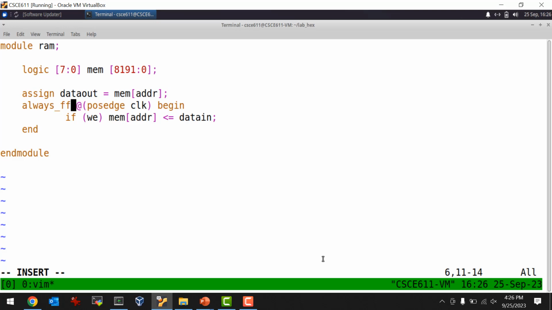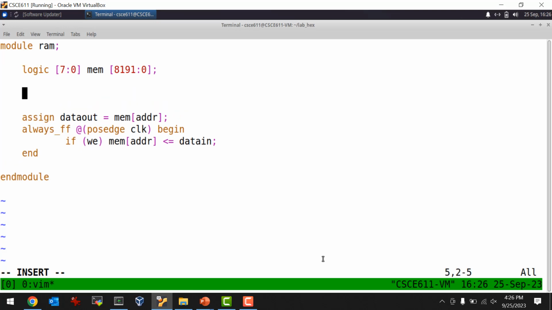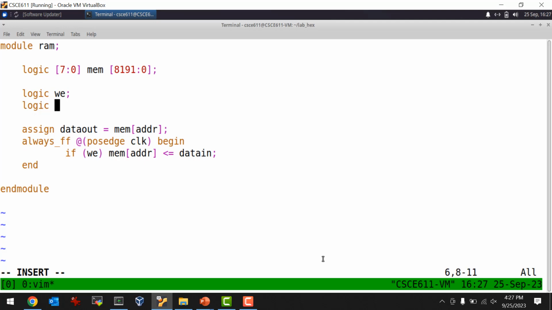And I need to declare all my stuff. One thing that's kind of strange about SystemVerilog, I mentioned that SystemVerilog has concurrent semantics, which means that in general you can kind of scramble the lines of code. It won't make any difference. But you still have to declare the signals before you use them. So there's some weird ordering when it comes to declaring signals, even though the lines of code are not supposed to matter. You should be able to declare them after you use them, since the order doesn't matter, right? But it doesn't let you do that. So I'm going to say logic, WE, logic, what's the address?